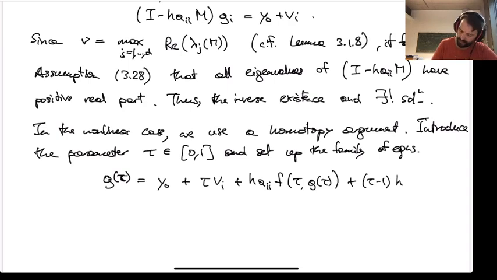In fact, I'm not going to do this as tau here, otherwise we're going to get into trouble. I'm going to use f of t plus c_i h, g of tau plus (tau minus 1) h_i f of